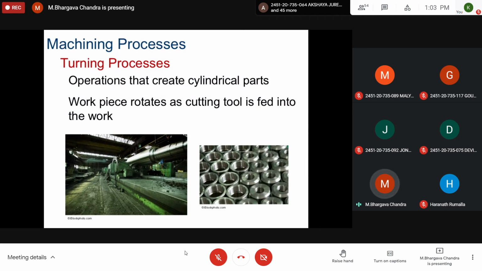So like that you can reduce the diameter of a cylindrical component gradually by applying pressure with this tool bit against this rotating element here. Okay. So turning and removal of material is done in the machining process, this type of machining process.